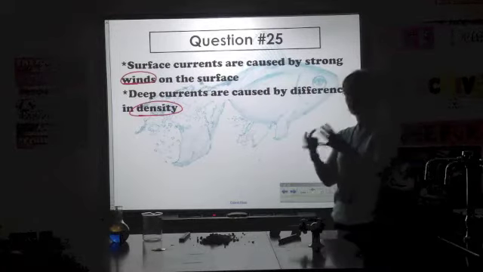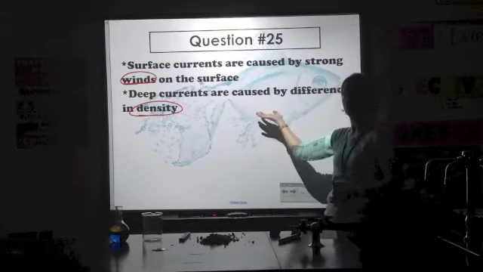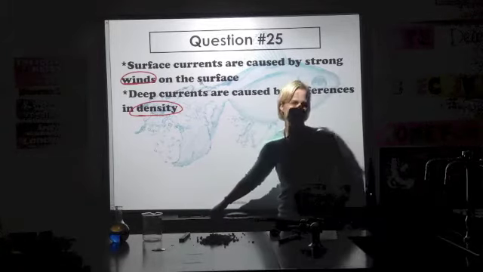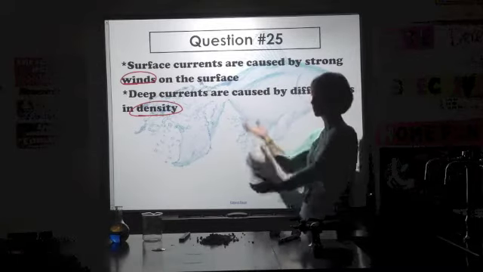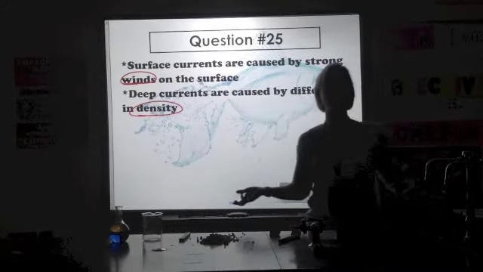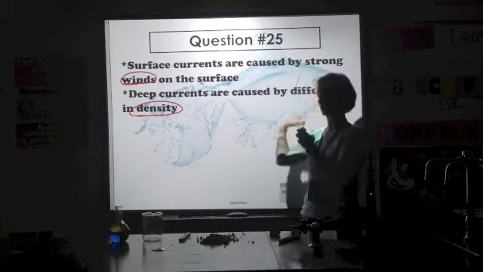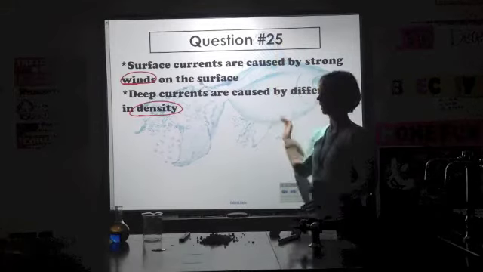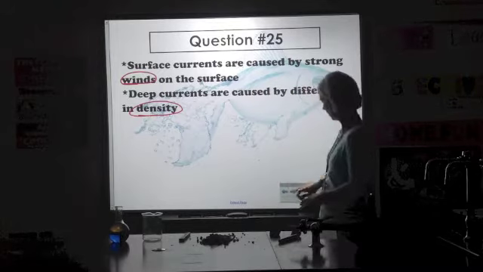Denser, heavier water is going to sink. Less dense water is going to be up on top. Usually that is going to be based on the temperature. If I have warmer water, it's less dense. If I've got cooler water, it's more dense. Same would apply in your house in the summertime. Generally, if you have an upstairs in your house, it's going to be warmer. The downstairs is going to be colder. Warm air rises. So that's kind of the same thought process, just apply it to water.